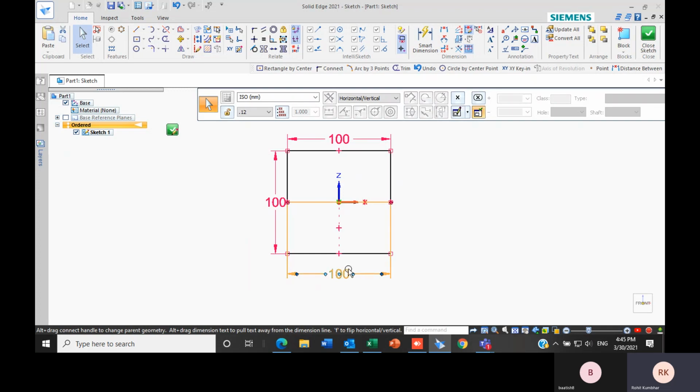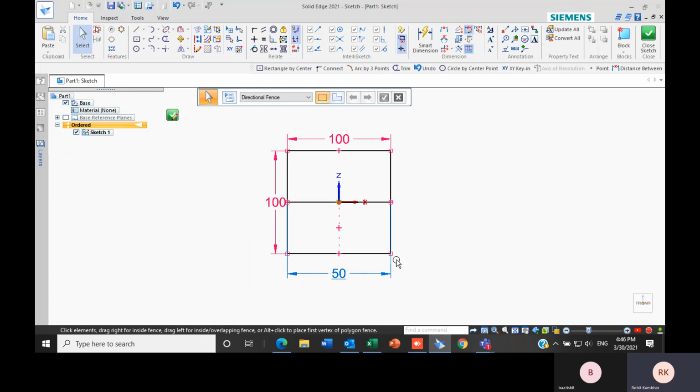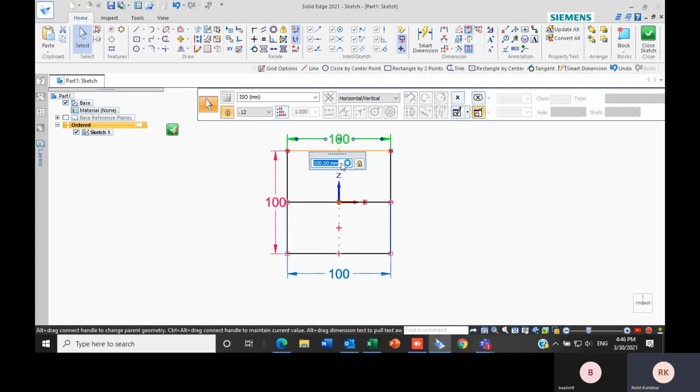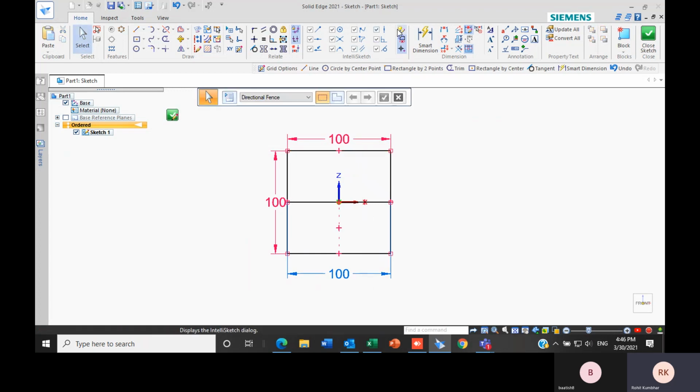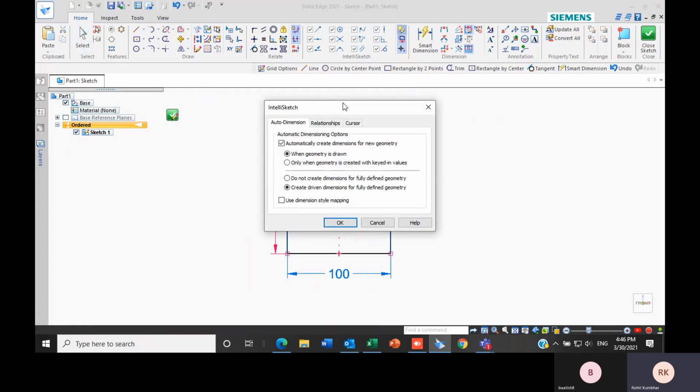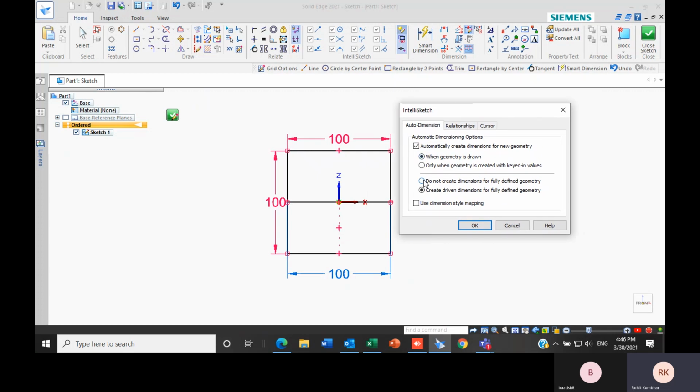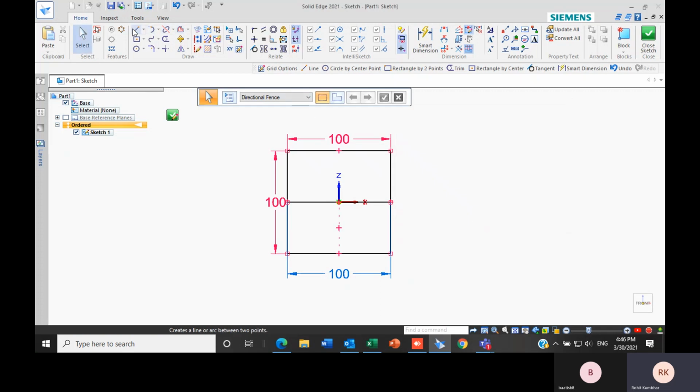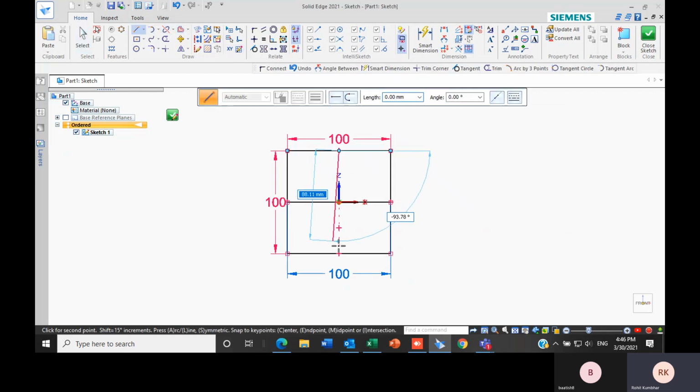And if I try to change it, let's say I try 50, because it is a driven dimension and our main driving dimension is the same one, it is showing false dimensions. And if I change the driving dimension, the driven dimensions will change according to it. So this was our second option, create driven dimensions. If I don't want these driven dimensions, I just have to select this option, do not create dimensions for fully defined geometry. If I select this one and try to draw a line, let's say this is the vertical line.